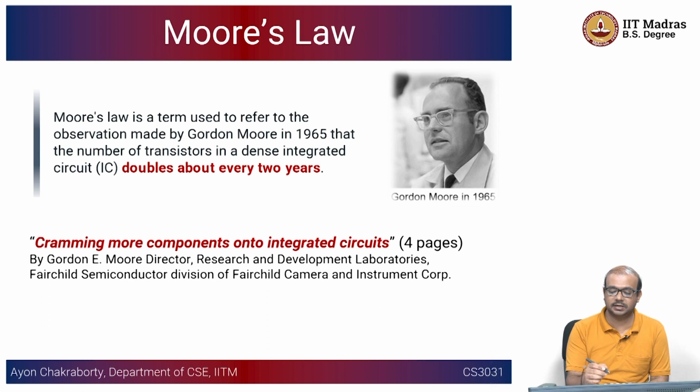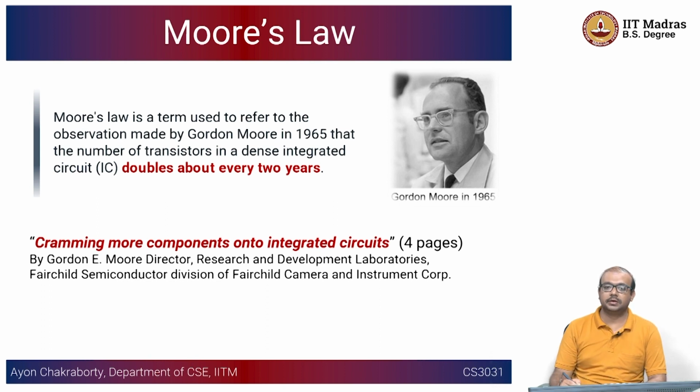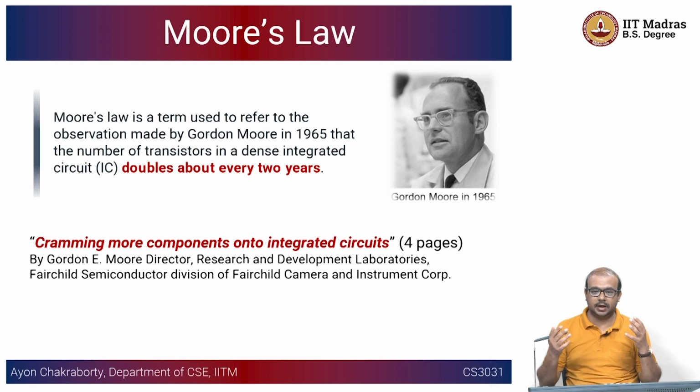He recently passed away, I think, in the last year. In 1965, he made this observation that the number of transistors in a dense integrated circuit doubles about every 2 years, right? So you can think of the number of transistors being proportional to the computational capacity. So if you think of an IC in the early 1970s, every 2 years the number of transistors inside that IC,